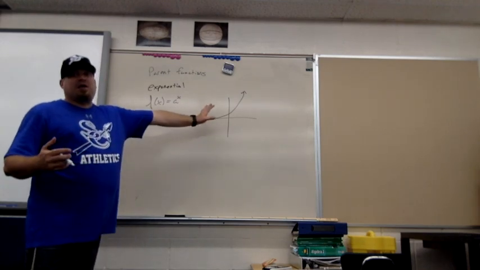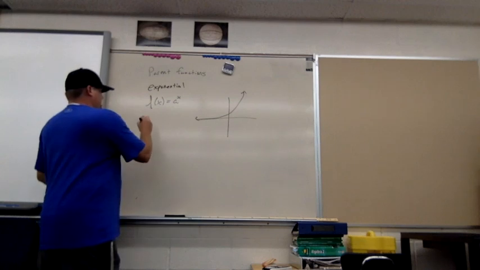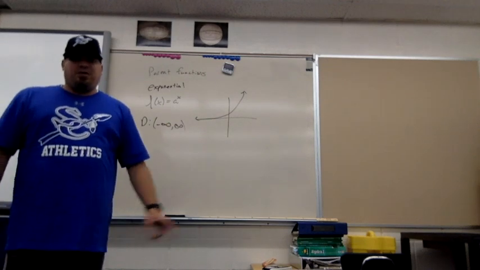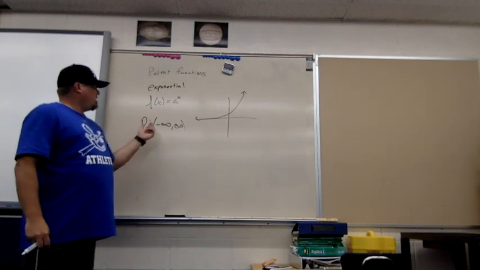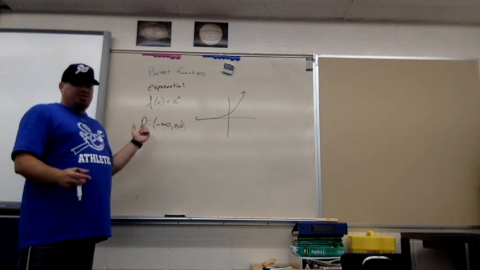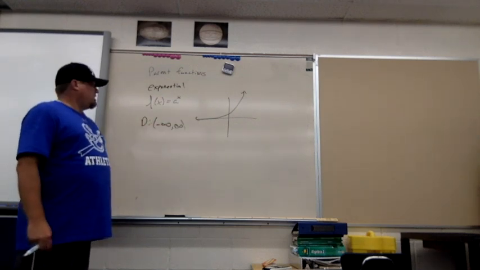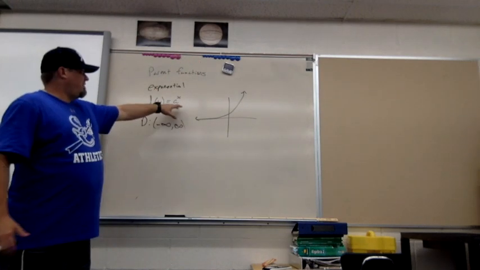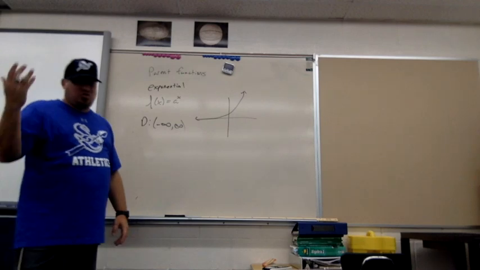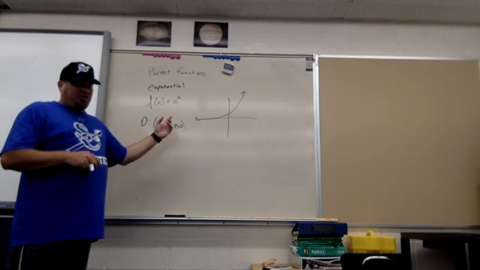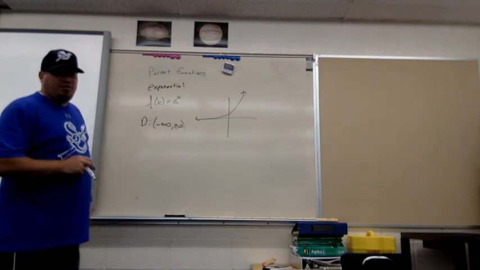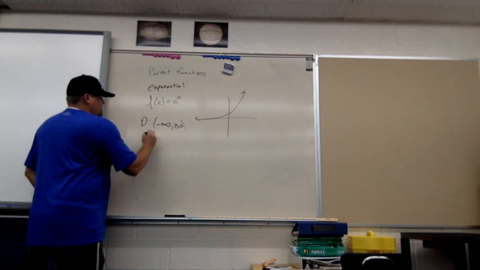So with this graph, assuming that a is positive, our domain, again, goes back to the negative infinity to infinity, okay? Pretty straightforward. There's no x that could be too small. We can have negative exponents, okay? It just means they're fractions and they stay just above. And then we go to infinity, right? Because we can plug in any number we want. We could say 2 to the 9,000, and it's going to be a super huge number, okay? But we can still plug it in, and it's still going to work. All right? So the domain is negative infinity to infinity, and the range